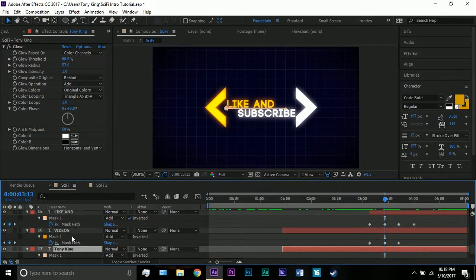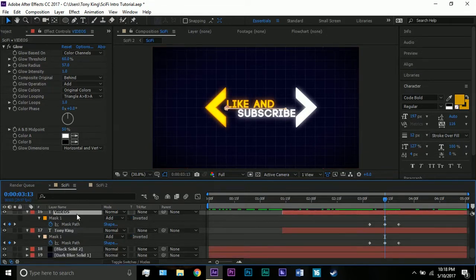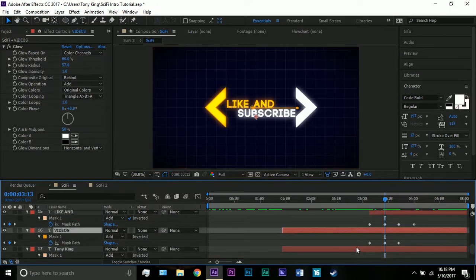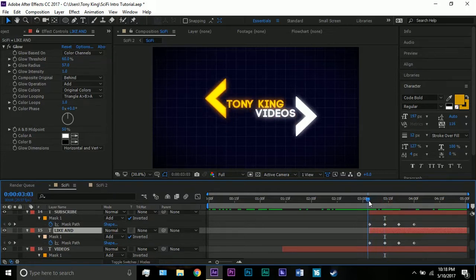We want to bring the mask down on Tony King, because the yellow solid is moving down a unit, and on videos we want to bring it up because the white solid is going up a unit. But then I wanted to use the same direction on like and then also the subscribe layer, so I inverted those masks, and at the end we basically here, as you can see,